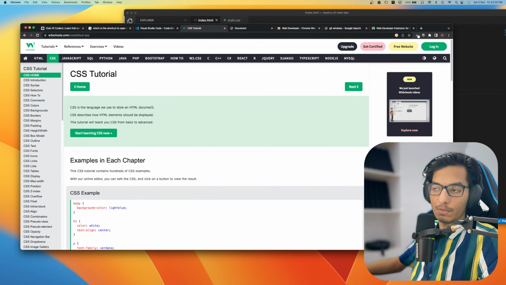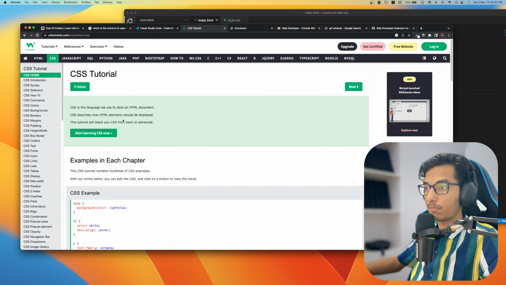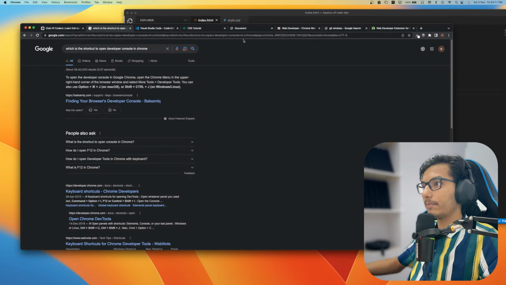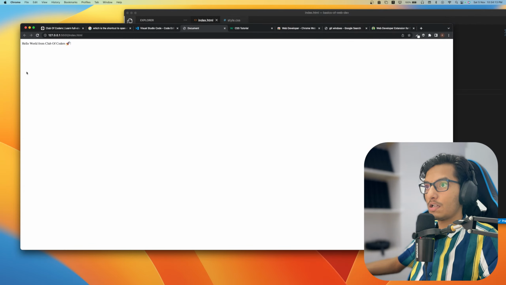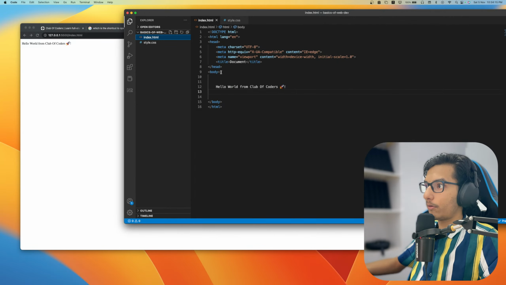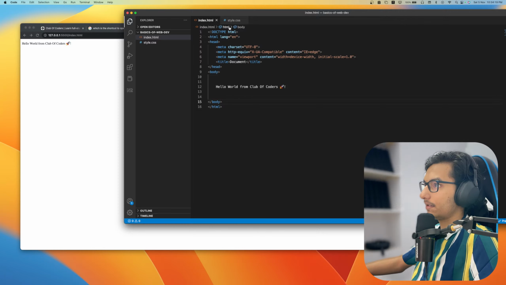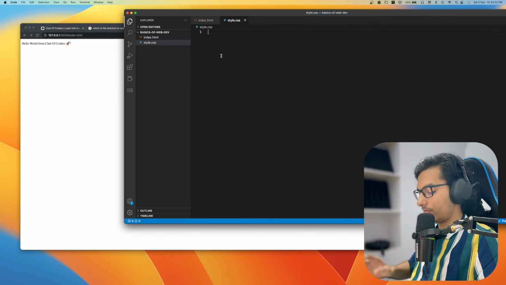It is used to style HTML documents. CSS describes how HTML elements should be displayed. This tutorial will teach you CSS from basics to advanced. Okay, so let me give you an example. This is called our body. This is our body. And to reference this, we can select our body and